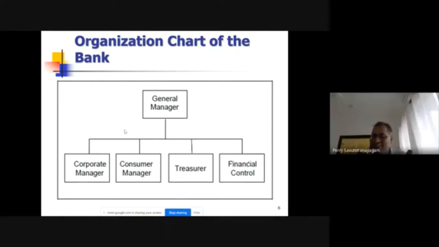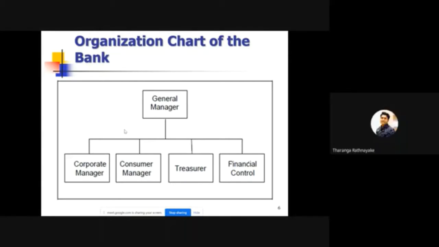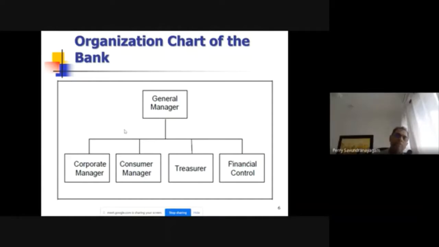Okay, sorry about it. So basically, a bank has different business lines. You have corporate banking, consumer banking, treasury, and finance. In most banks, the most common business lines that you will know about are corporate and retail banking, or consumer banking. Is that clear? Yes. Okay. Treasury also sits as a business. Some banks consider it a business line. Some banks will consider it a product line.